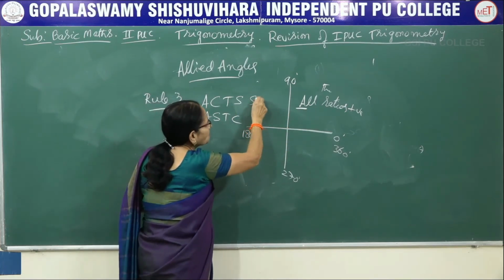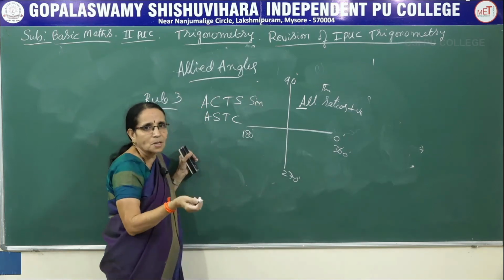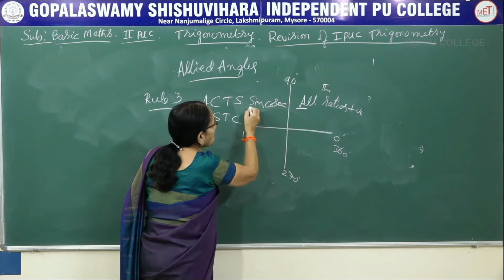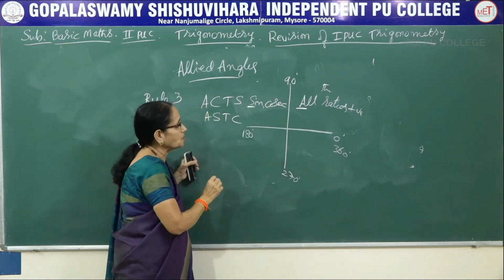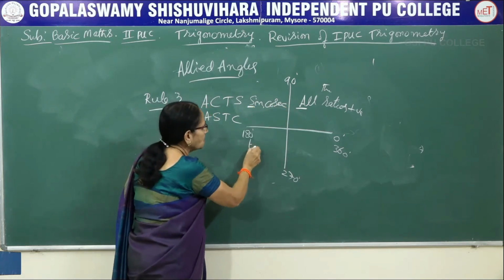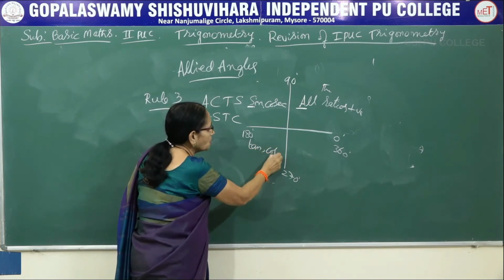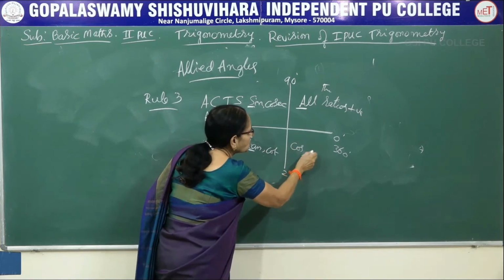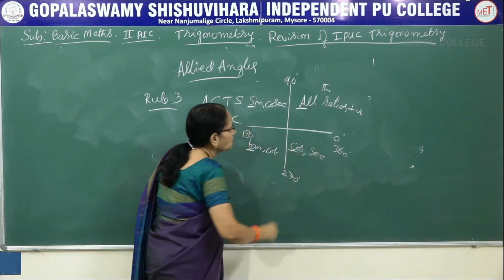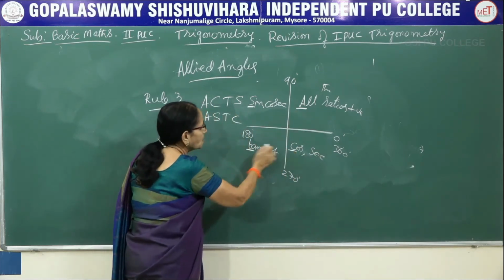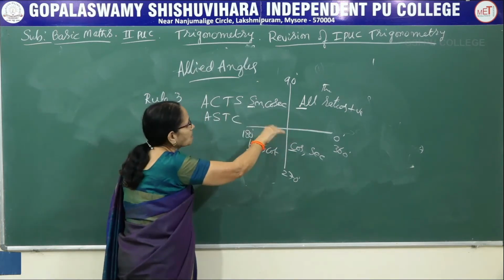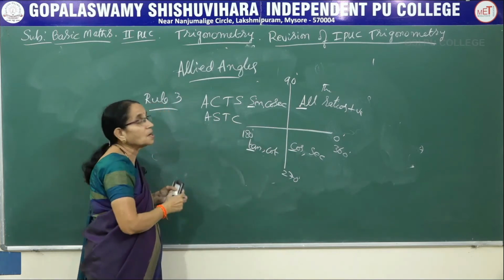In this one, sine is positive, which means automatically its reciprocal will also be positive. So sin and cosecant, we take the first letter S here. Come to the third one. Here tan and cot are positive. We take the first letter T. In the fourth one, cos and secant are positive. We take C. So that is why sometimes we write ACTS when you go in the clockwise direction. If you go in the anti-clockwise direction, we take it as the ASTC rule.